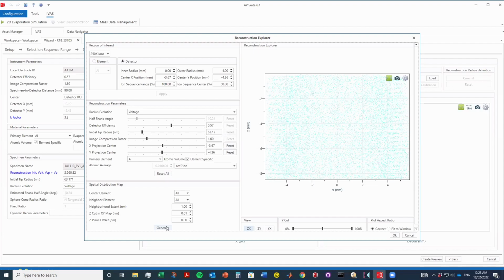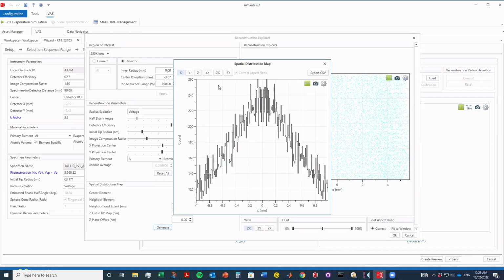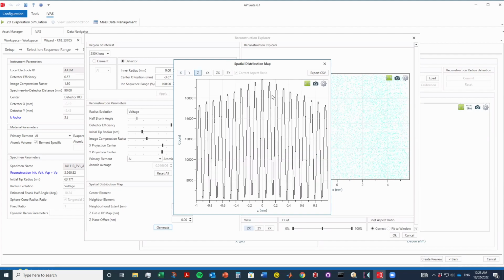So the histogram along the projected Z direction. So the histogram of interatomic distances between all the atoms along the projected Z direction. Well, actually it comes up along the X direction, but we're going to look down the Z direction. And so we can see we get a beautiful spatial distribution map. Unfortunately, it's usually not that clear. But hopefully you get something looking like this, where you get some sort of signal like this,